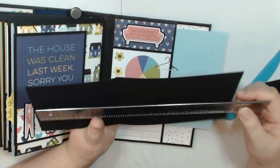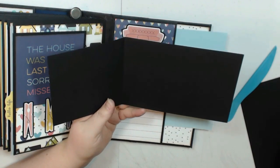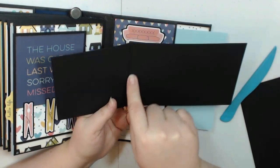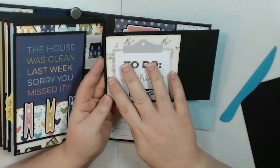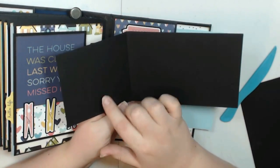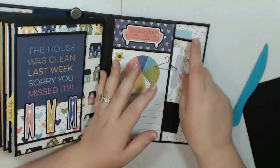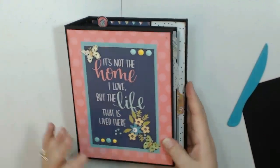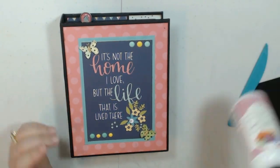I will give you the measurements for this thing: it is 10 1/2 by 4 1/4. And then I scored on the 10 1/2 inch side at 4 1/4 and just folded it over. So you can mount a little cut apart here and then 2 photos here, or add another cut apart there if you want. And that is all I have, I think. So there you go, guys. There is my tutorial for the